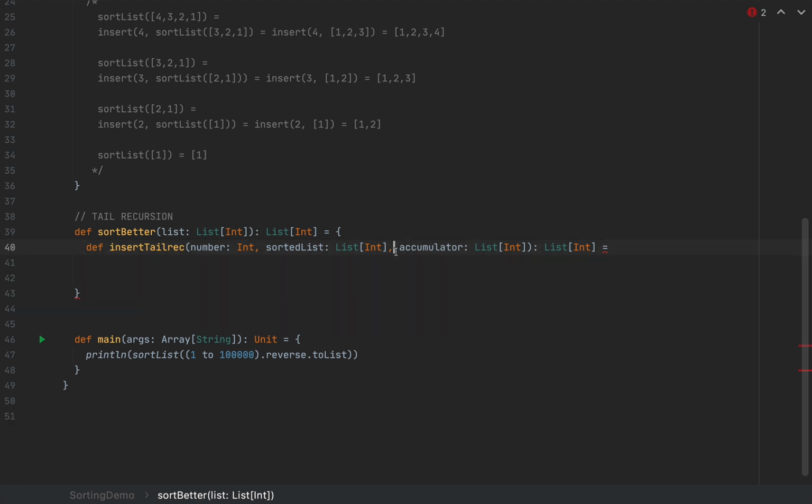Now, this accumulator will have a special meaning, which in this case means all the numbers that are smaller than the argument here. So accumulator will store all the numbers in the sorted list which are smaller than the number which I want to add. So I'm going to write as follows. I'm going to say if the sorted list is empty, or the number is smaller than or equal